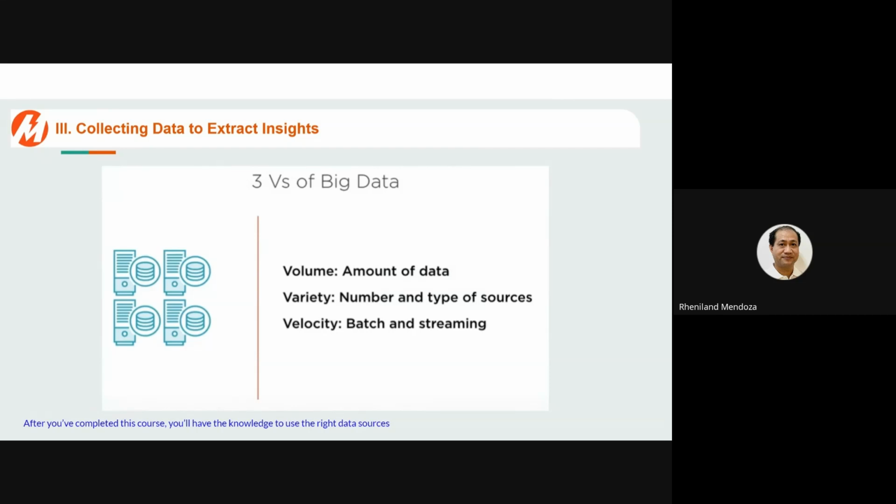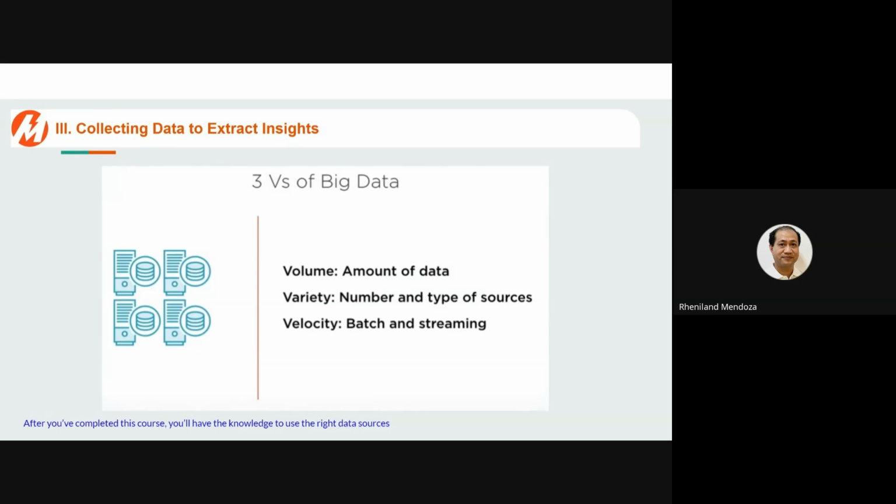The second V, the characteristic of big data that we refer to, is variety. Data is not just structured data that can be stored in a relational database. It involves unstructured data such as tweets, text, images, videos. All of this can be ingested and processed using big data technologies that we have nowadays. The variety refers to the sheer number and type of sources available out there.